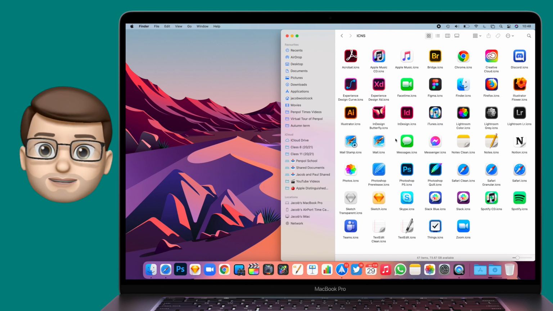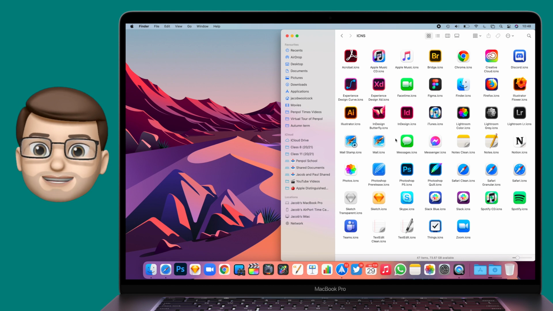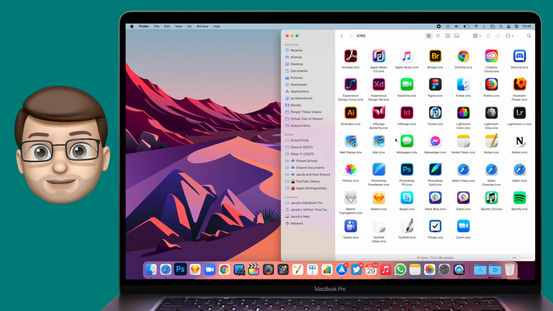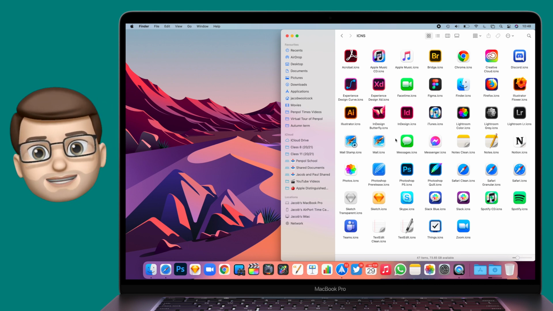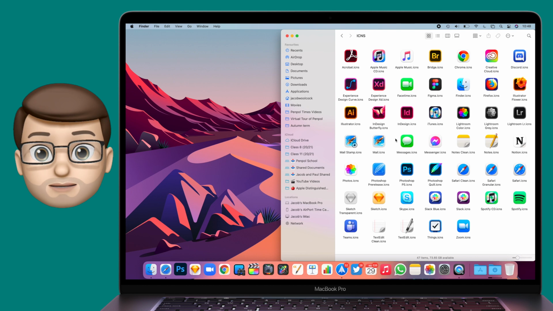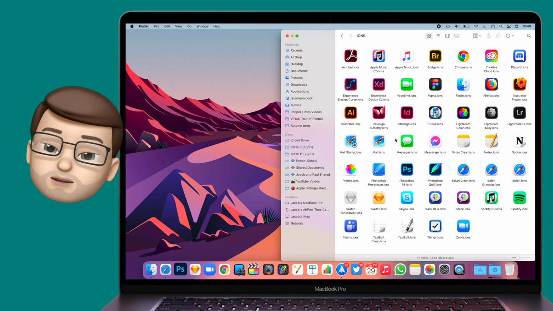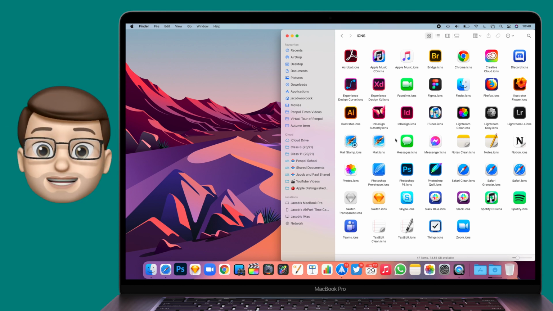So I'm going to choose which app to replace the icon for. And this only works for third-party apps at the moment. You can change first-party apps too, but that's quite a lot more of a complicated process, and it doesn't really fit into the remit of this quick tips video. Keep your eyes tuned on the channel, there'll be a video for first-party apps soon. But for third-party apps like Zoom or Photoshop or Twitter, we can change them easily.